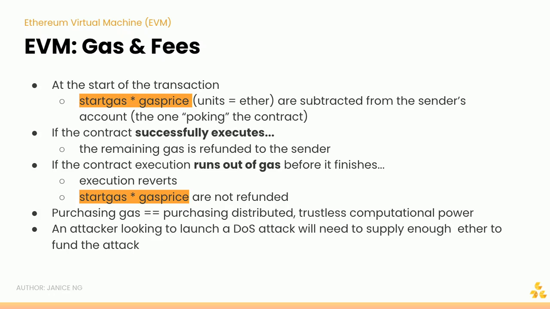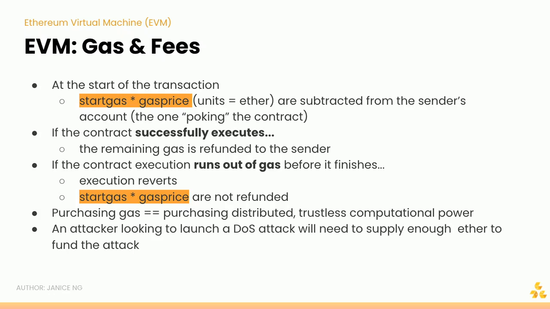So at the start of the transaction here, we see that our start gas is multiplied by our gas price. All this is done in the native currency of Ether, and subtracted from the sender's account. So you start off by fronting this fee. You pay your gas on the front side of the transaction, and then we go through